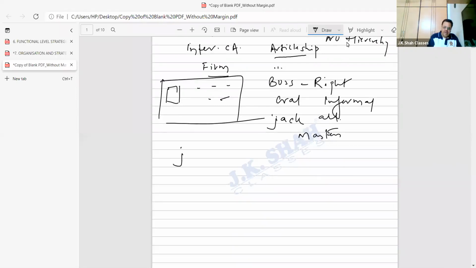JK sir says, when he came to Bombay, he came from Gujarat. And when he came to Bombay, he said, I was doing my CA. But that CA course was very difficult, he said. Somehow he cleared CA, with good marks. But then sir says, we never had access to coaching classes or teachers who could give us tuitions, who could help us understand things. So we had to work hard on our own.